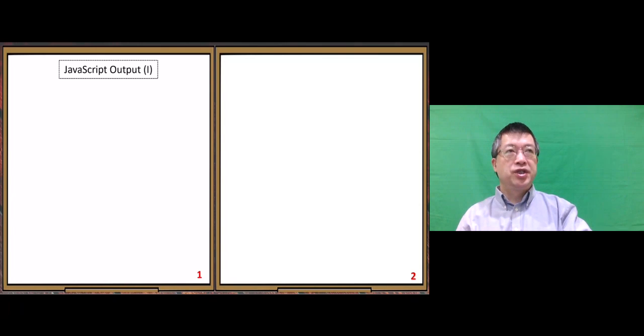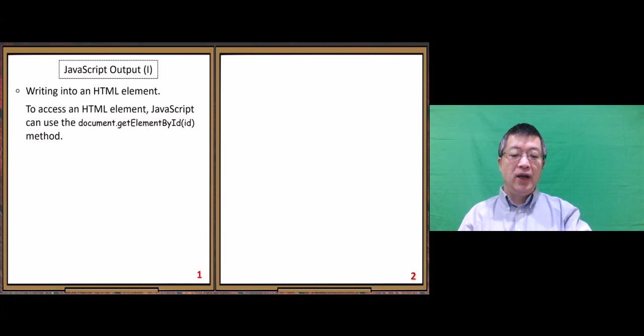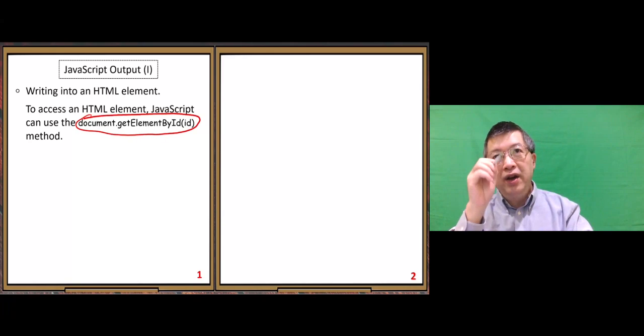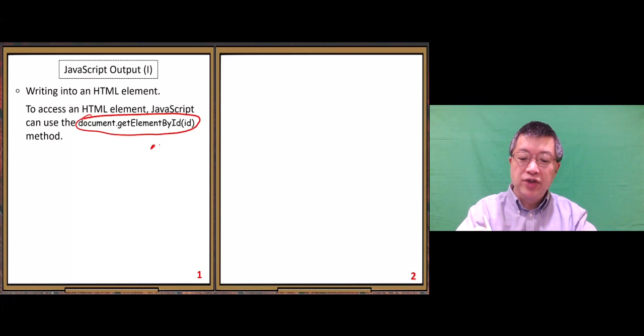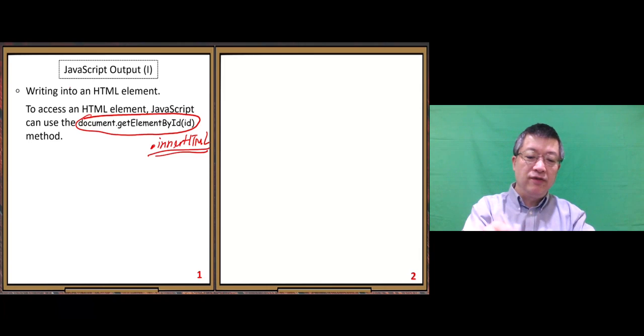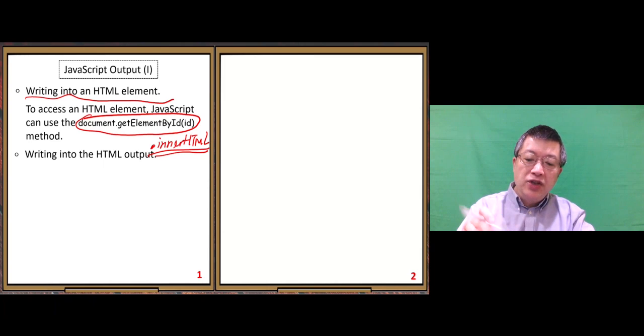The topic we want to discuss is JavaScript output, part 1. First, writing to an HTML element. We saw this one in our previous video. We use document.getElementById, and remember, we use .innerHTML. In our previous video, we have an innerHTML example. In that way, we can change the content of any HTML element. So that's the first case. Second case, writing into the HTML output,